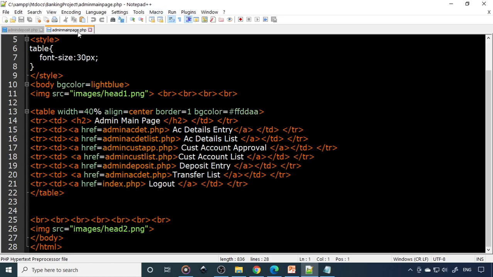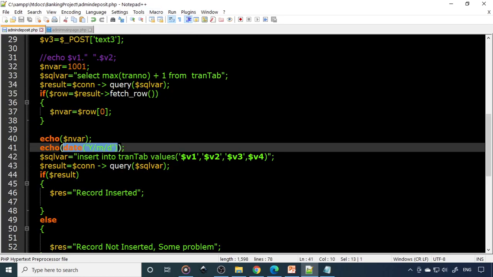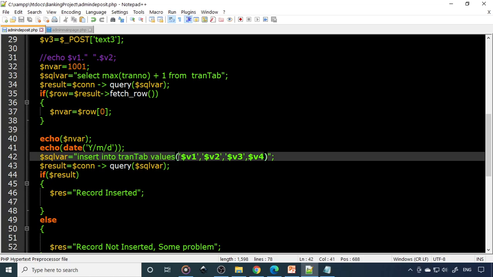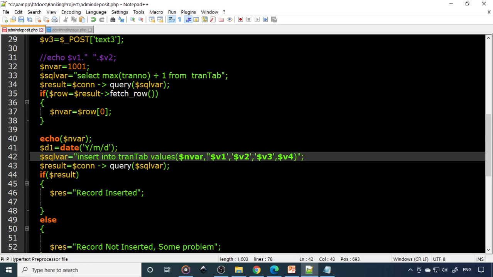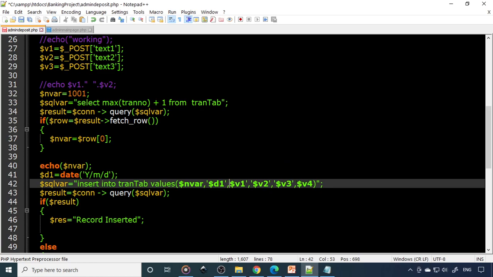So therefore what you can do is we can use that date here. So one is the transaction number, that is $NVAR, and you can transfer to variable, or you can straight away use the same. Okay, we'll use transfer to variable. So this is $D1. Single quote $D1, so single quote. The next one is the account number V1, so therefore you can take out the single quotes both the side. Money, take out this. So deposit, after that is 0, because